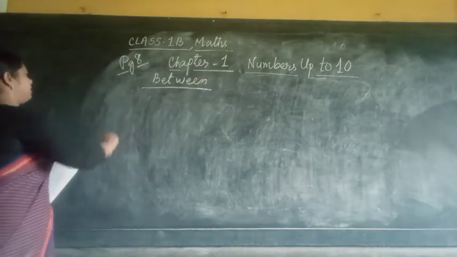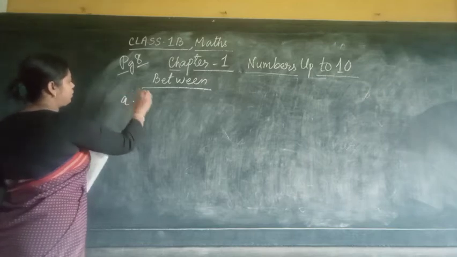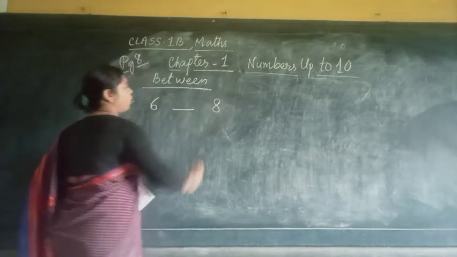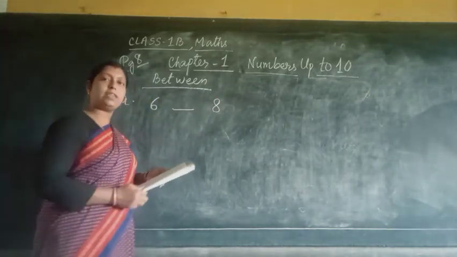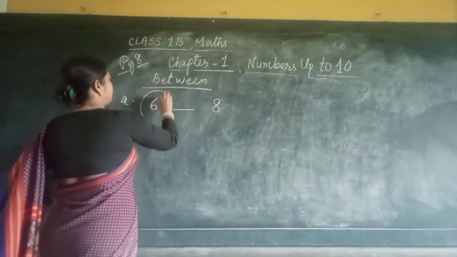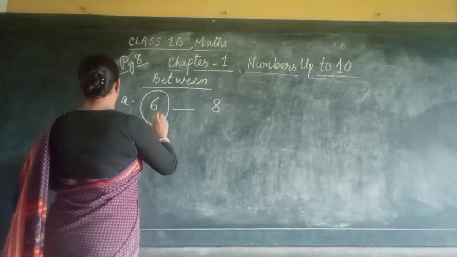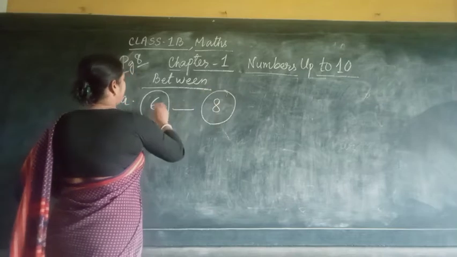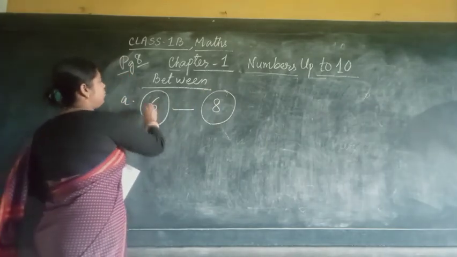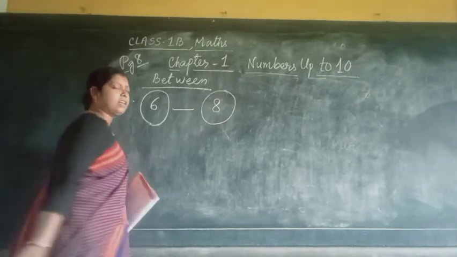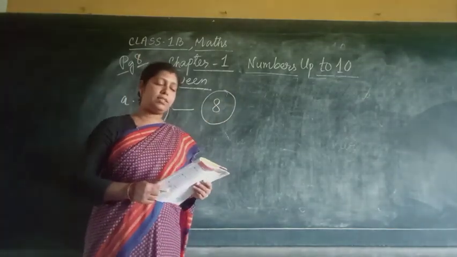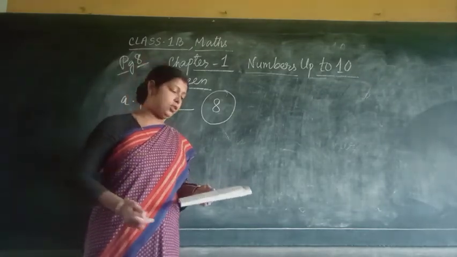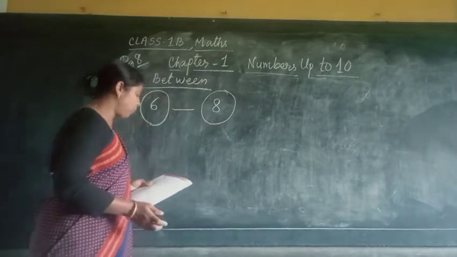Now you see here A is given. So you see here 6 is given. Then dash. Then you all know all these things. You do one thing. They have circled all these things, in the form of rings. You can do one thing: you just color the circles. Leave 6 and color the circle. Leave 8 and color the circle. It will be an activity for you, because all these are activities you are doing. So this will be an activity and practice for you also. So please color it.